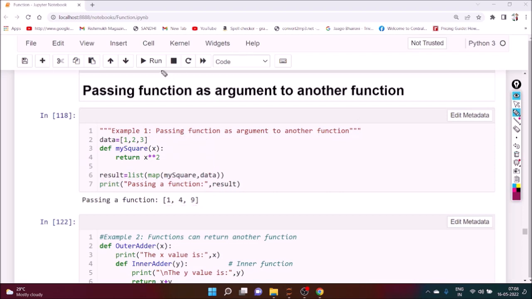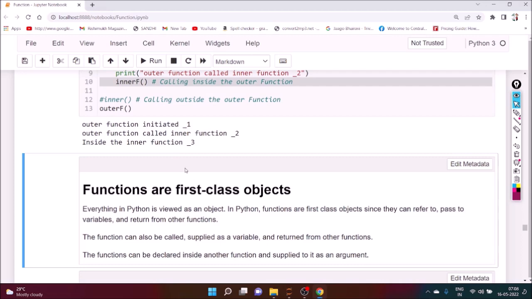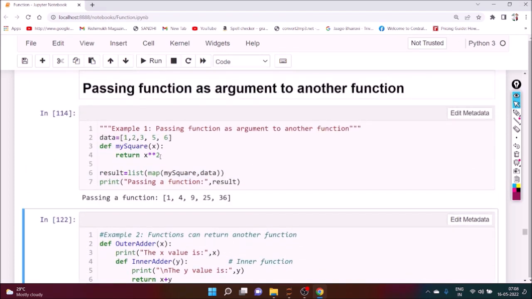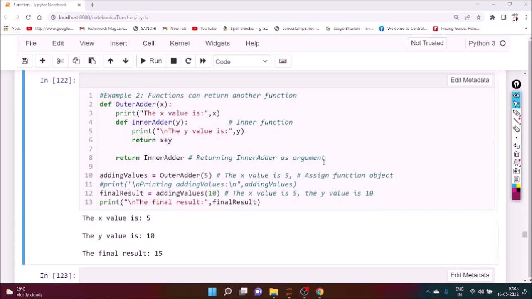Okay, so we can execute it and we can see the result. Now we can put as many variables as we want and execute it. So 5 square is 25, 6 square is 36. So here we are passing a function as an argument. Next we can see